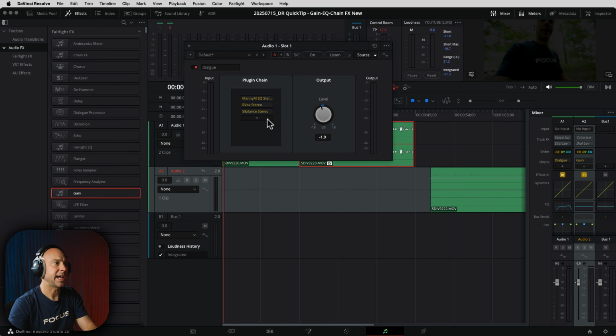But it just allows you to add in a whole bunch of effects right into one plugin, so then you can actually use more different things on a particular track if you needed to. This isn't just for dialogue, it could be for sound effects, music, anything. Whatever instruments, whatever you have, any kind of audio, you can use a plugin chain on it. And then you can even save a preset for it. So that way you can just apply the preset, boom, you're done, and you can move on with the rest